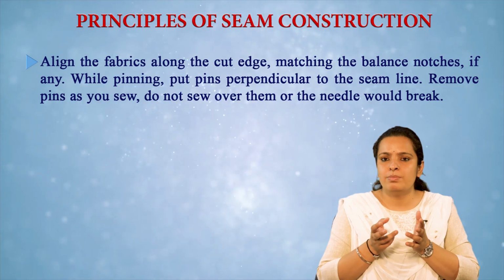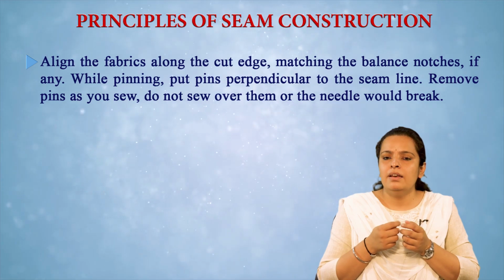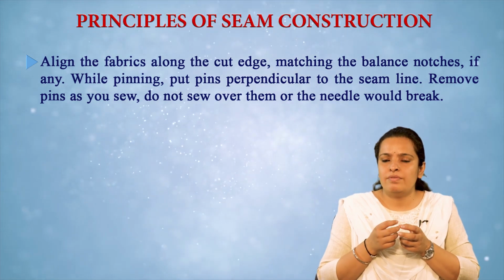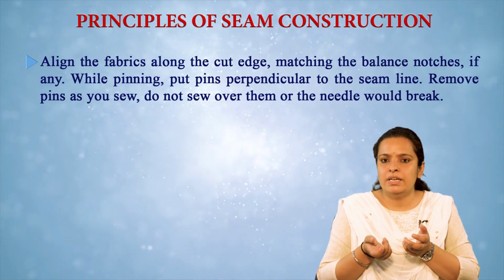Like if we have two pieces, we have done the pinning on the side seam part, and the pinning is done just to hold the fabric together, and then we do the stitching on the machine. So when we are doing the stitching on the machine, we should avoid stitching over the pin, we should stitch a little apart from that pin, or the needle may break. And when the stitching is done, we should remove the pin.